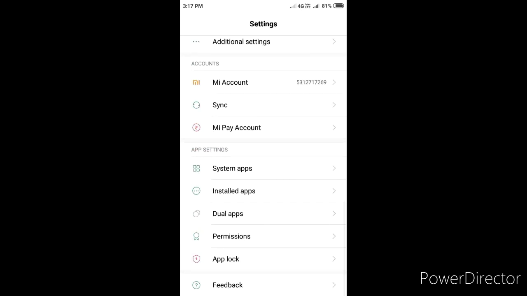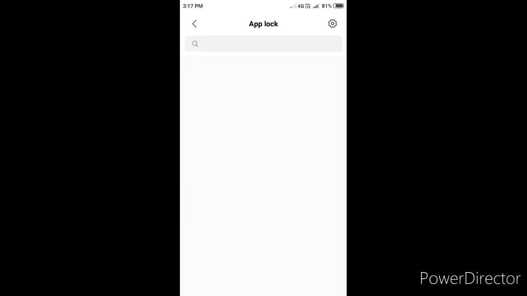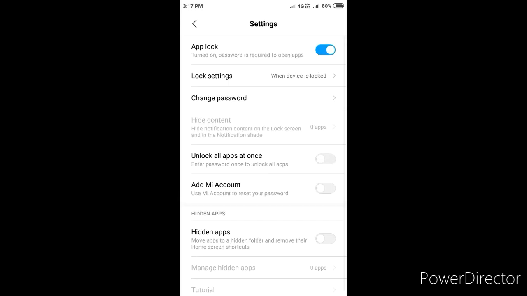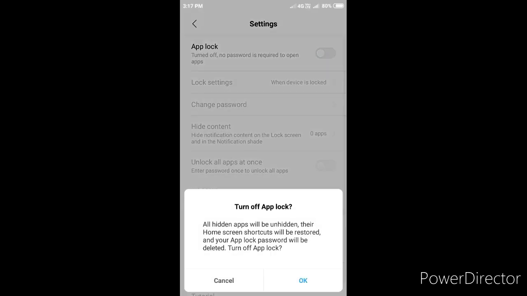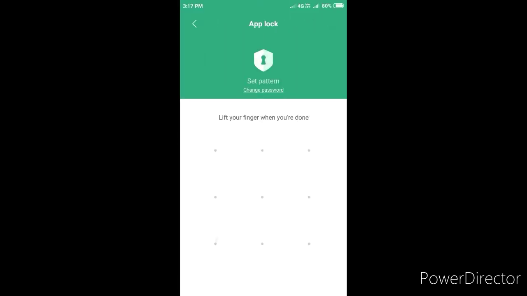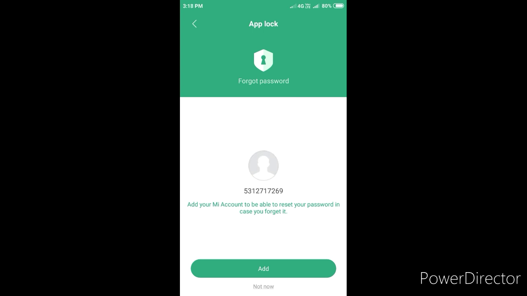Then we will see how to create app lock. So we want to go to app lock, and there we want to go to settings. Here app lock is enabled, so we want to disable it. Now we don't have any app password, so again it will ask for the pattern. We want to type that one. We want to put that one. Again we want to confirm. Next we want to click not now. Here we want to click not now.